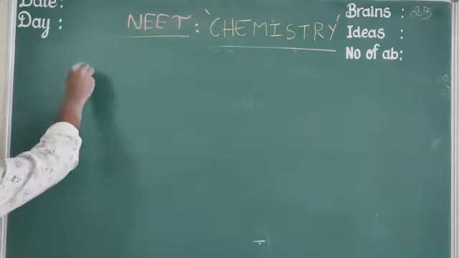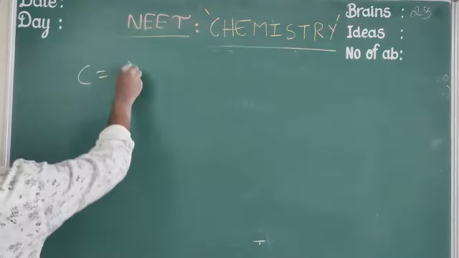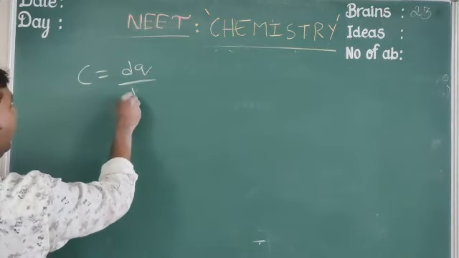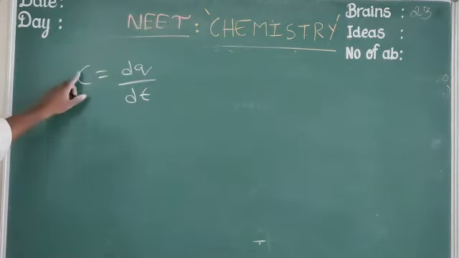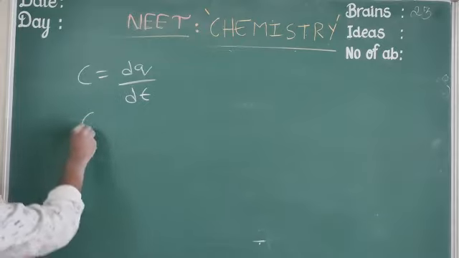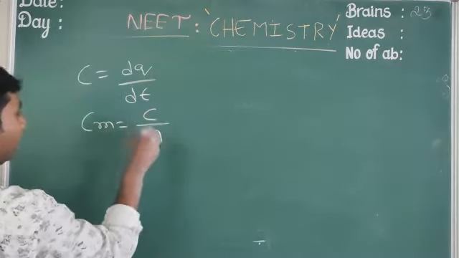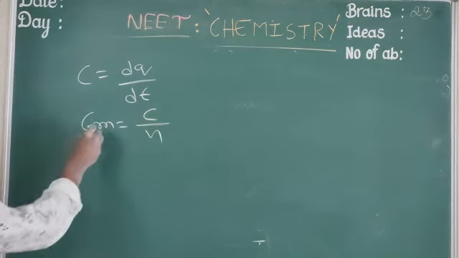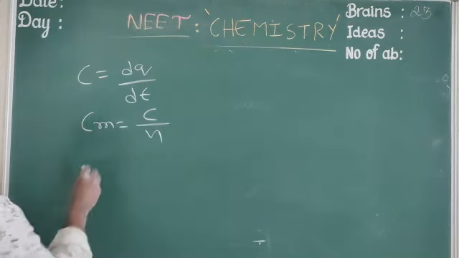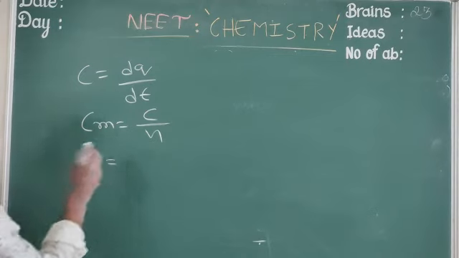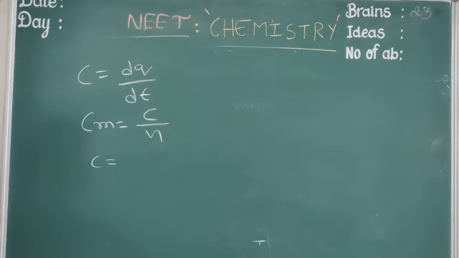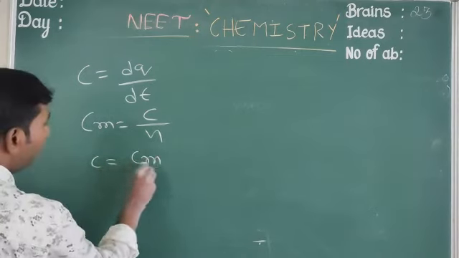That's why C equal to dQ by dT, this is heat capacity, capital C. Cm equal to C by N. Next, specific heat capacity, small c, equal to Cm by